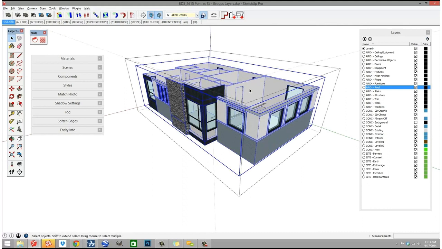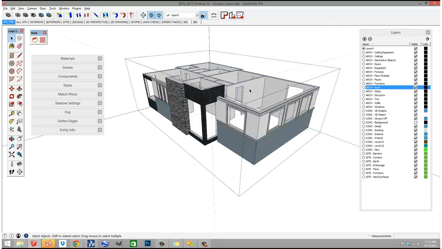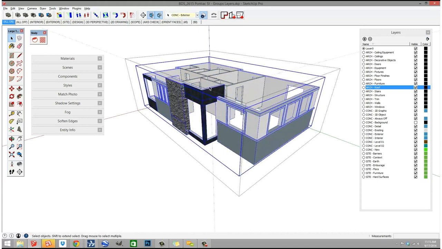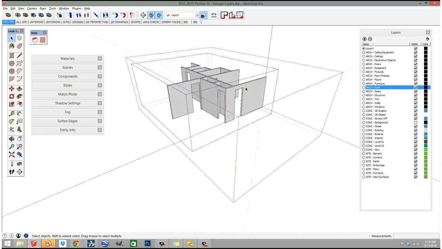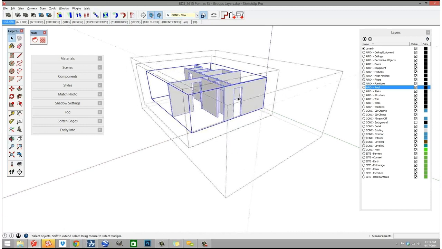I'll double click in, and now I can click on my interior walls, and you notice those are on conceptual interior, exterior walls are in conceptual exterior, and then let's go one step further. I double click in here, and now we've got conceptual new. So what this means